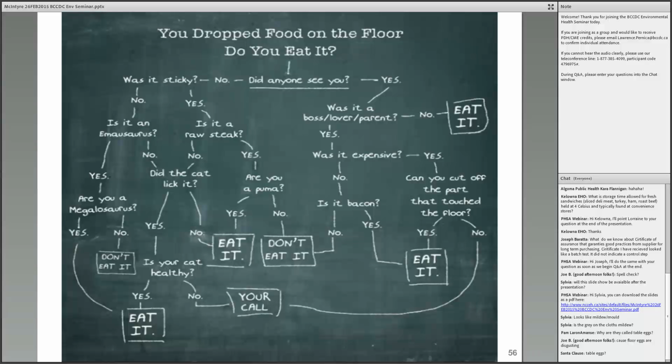I do have one kind of appeal to add at the end. I can go to that now. If you didn't see it, this is my favorite part. If it's bacon, you eat it. Okay, so